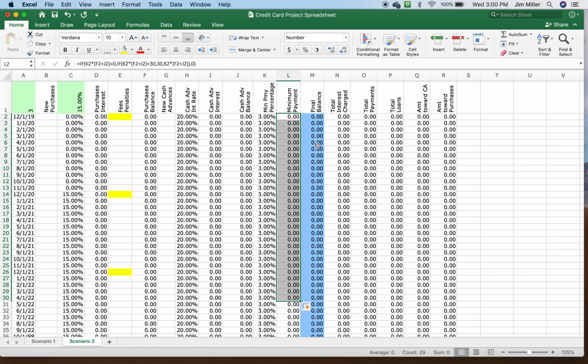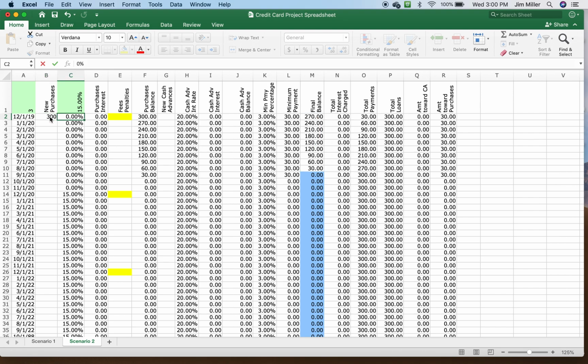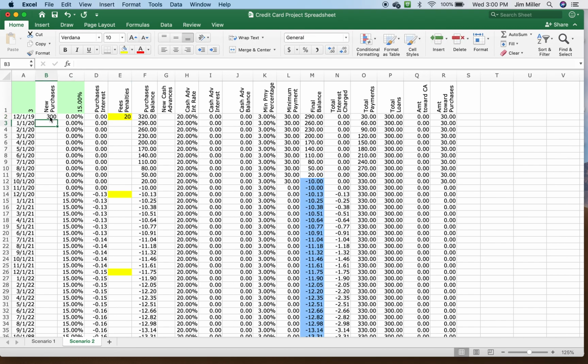Okay. The rest of the sheet should be fairly automatic. Let's say I have a new purchase of $300 I bought. And let's say there's an annual fee of $20. I have to pay the annual fee up front. And let's say I have no cash advances that first month. And so it says it's going to make a minimum payment of $30, and it'll pay off that $300